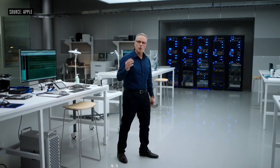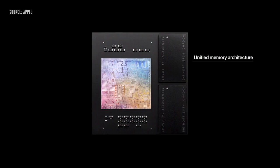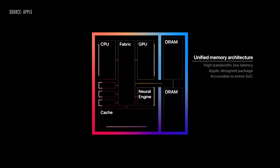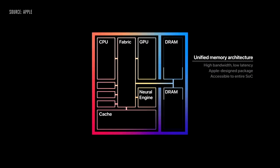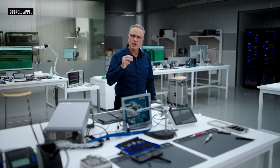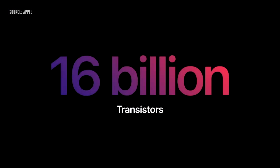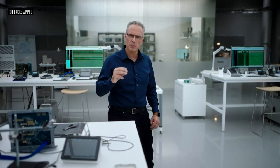M1 also features our Unified Memory Architecture, or UMA. M1 unifies its high bandwidth, low latency memory into a single pool within a custom package. As a result, all of the technologies in the SoC can access the same data without copying it between multiple pools of memory. M1 is the first personal computer chip built using the industry-leading 5nm process technology. M1 has a massive 16 billion transistors, and we use all of these transistors to give M1 amazing performance and